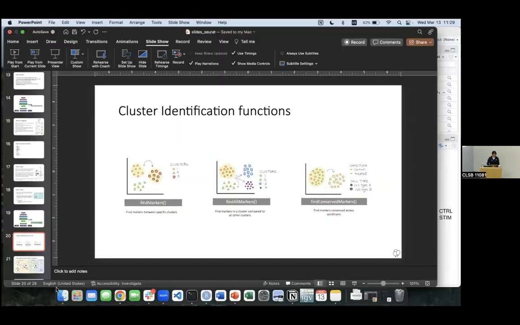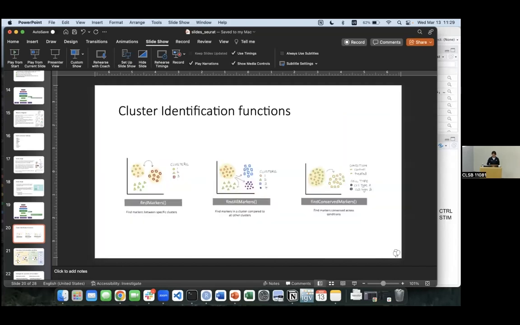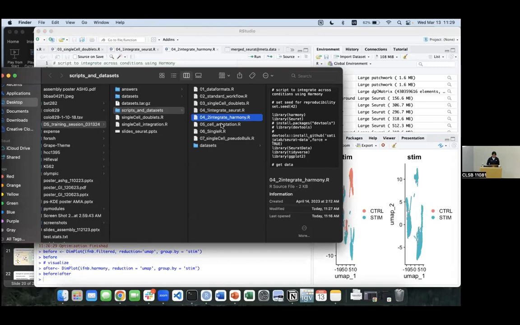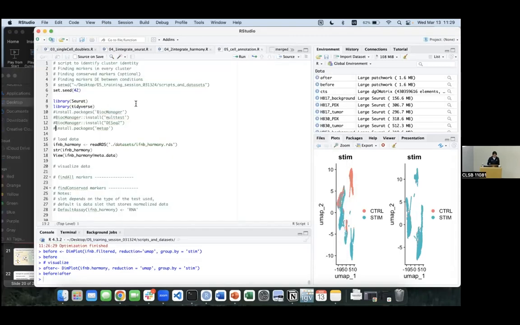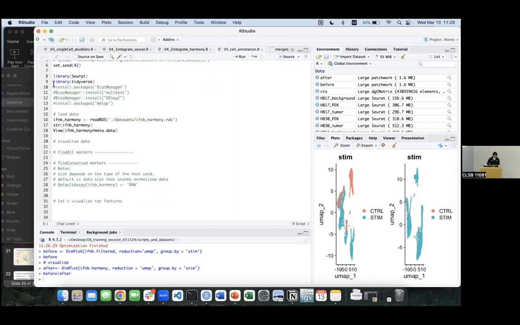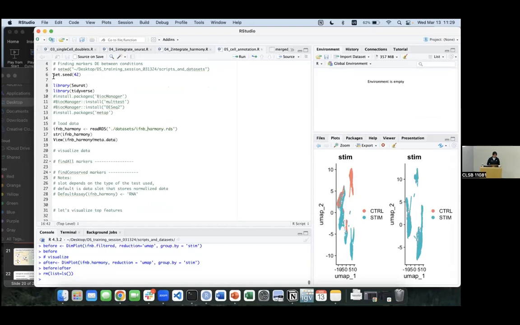So let's start with this cluster identification before moving forward to the automatic cell annotation. Let's go ahead to cell annotation. I'm going to remove everything because I don't think I have enough memory here. Okay, and I'm going to rerun